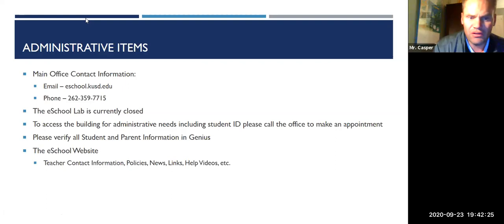So that will be on the right-hand side. And just so you know, there is contact information on there for everybody, including their cell phone numbers, their emails, their office hours. If you saw that video I sent out last week, it had some of that information. And those videos that we put up there have been updated now. When I sent that video, some of those helpful links weren't up yet, but they are now. Kudos to our teachers that are on here. A lot of them did that work.